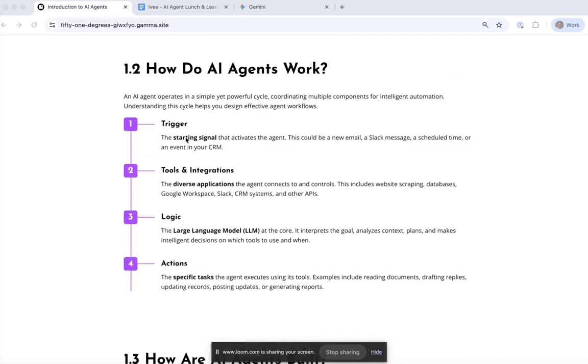The first is every AI agent starts with a trigger. And so that trigger might be an email has arrived from somewhere, or it might be that you send the agent a Slack message on the comms platform called Slack. It might be that something else has happened. So, for example, a customer has applied for something, or something's happened in the database, or something's happened somewhere along the way that ultimately flags to the AI agent that this is a starting point for it to start doing its work.